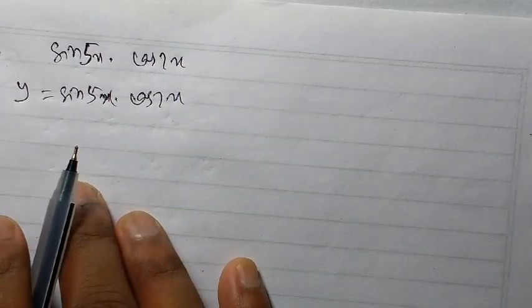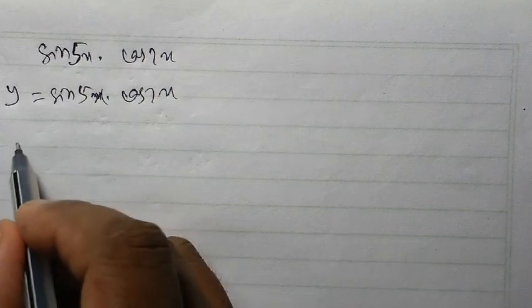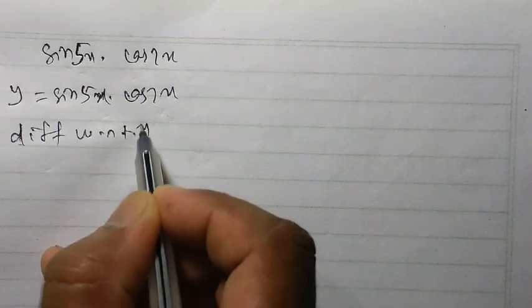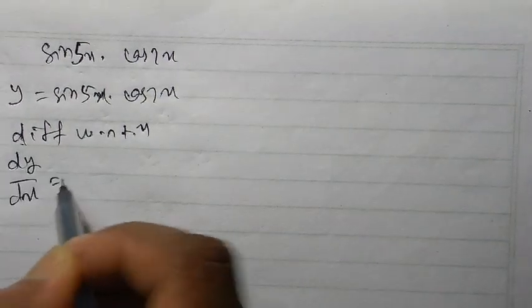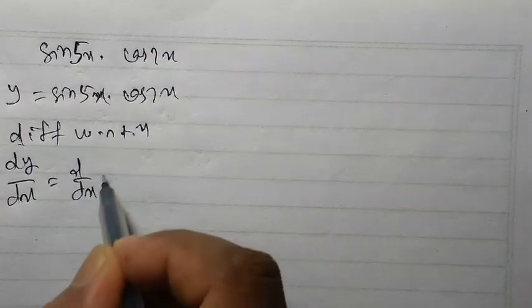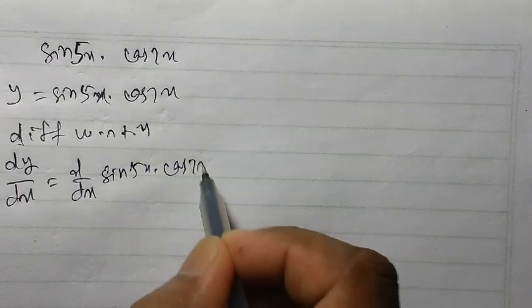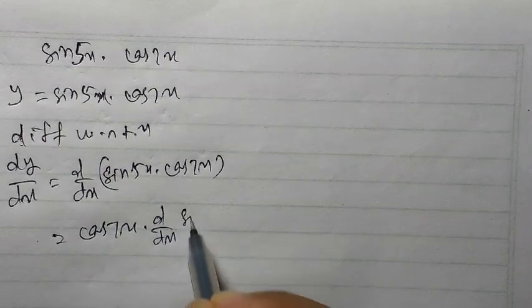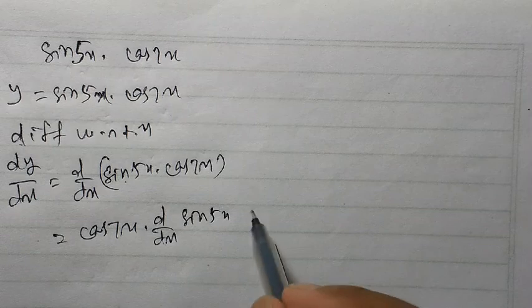I can apply the u by v rule here. Differentiate with respect to x. dy by dx is equal to d by dx of sin 5x into cos 7x, which is cos 7x, d by dx of sin 5x (this is u, this is v), plus